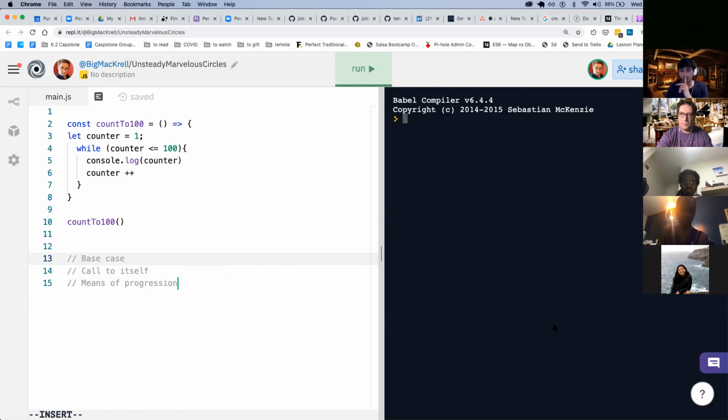So only one. What does the rest of you think? We got two wrong. I had thought that it reaching 100 was the base case, if I understand what base case is. Right. So I think this